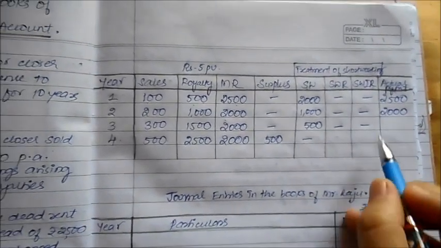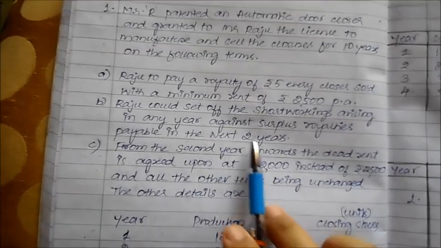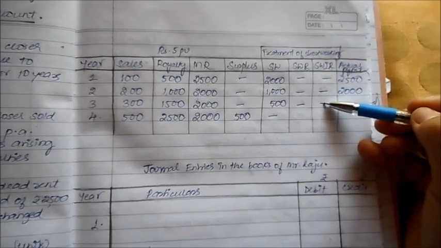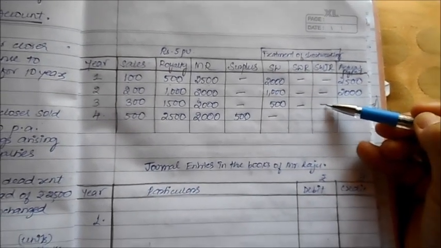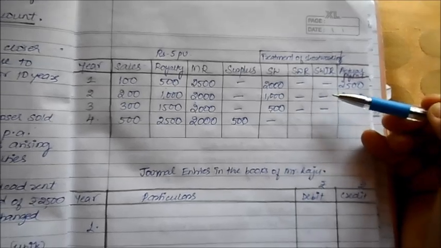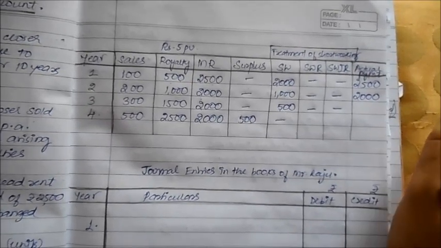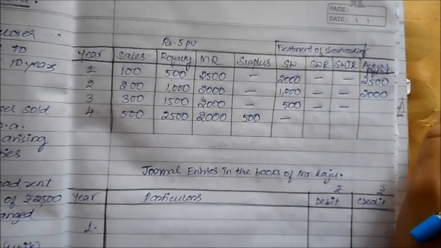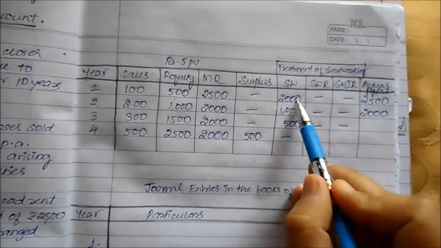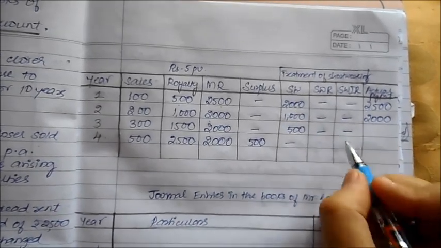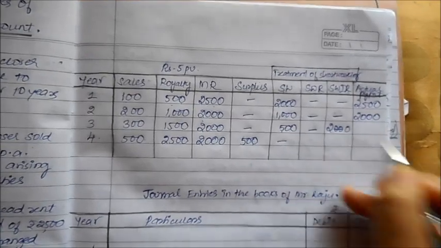But what does the question say in terms of recovery? This one is expected to be read very carefully. It says in the second point, short working arising in any year against the surplus royalty payable in the next 2 years. Next 2 years, that basically means only up to the third year I had the capability of recovering. Otherwise, whatever amount of loss I have incurred, I will understand that in the coming future years I will never receive that again. So for the next 2 years, this was recoverable in the next two. The first one was recoverable in the first two. So this one I will assume will never be recovered.